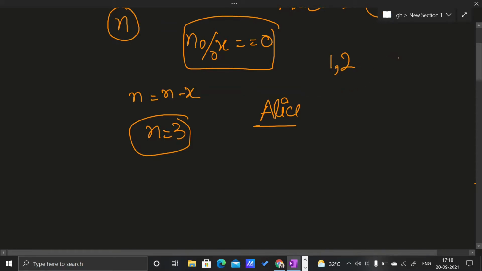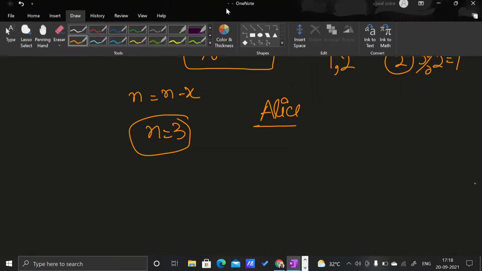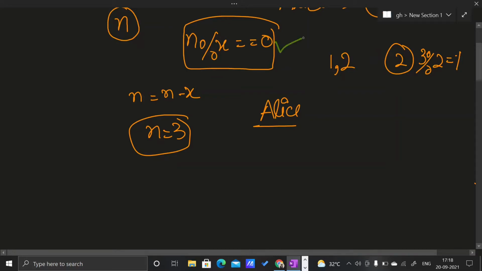If Alice chooses the number 2, then 3 mod 2 gives 1, so this condition will not be satisfied, and Alice cannot choose 2. So now Alice chooses 1. 3 mod 1 equals 0. So Alice chooses 1 and her turn is over.